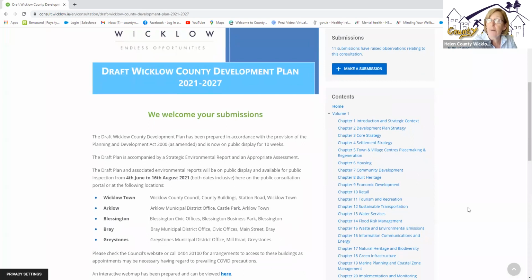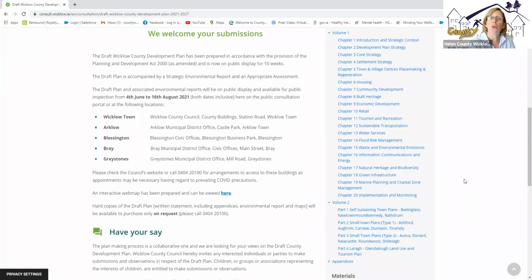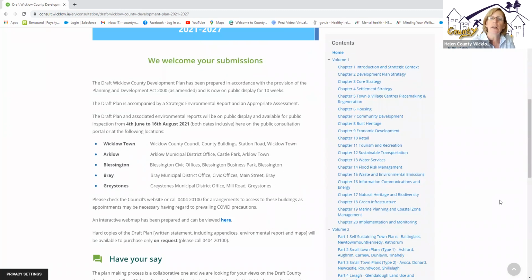The plan itself is a huge document, as you can imagine, over 1,400 pages. But here on the page, you can see under the contents list that they have it split up into individual chapters. So you can explore whichever chapter is of interest to you. Isn't that right, Gráinne? Yeah, so for example, say I'm interested in housing and what the plan is saying in